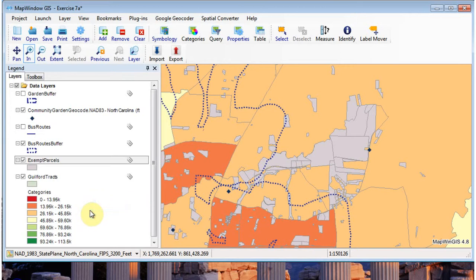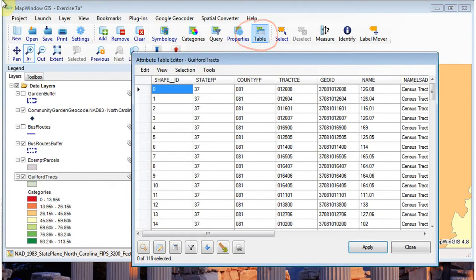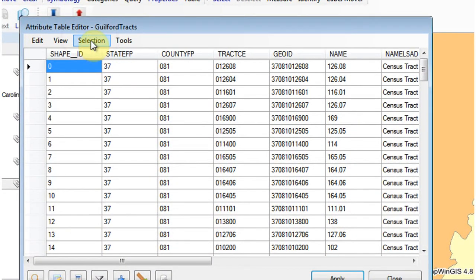$26,150. So let's go ahead first of all and do the attribute selection, which will select the tracts for us, and then we'll do the spatial selection. We're going to highlight Guilford tracts. We're going to go to the table. Since there are so few records, it automatically brought all of them back for us, so we don't have to get records. We're going to pick Select,